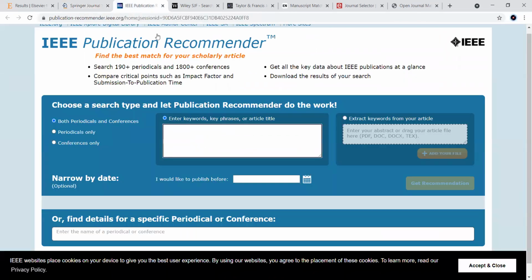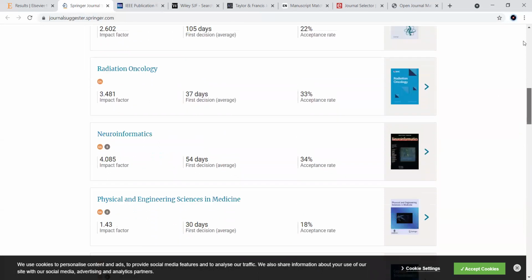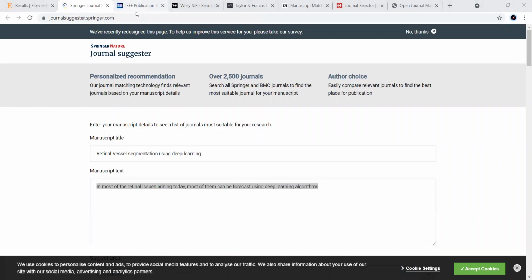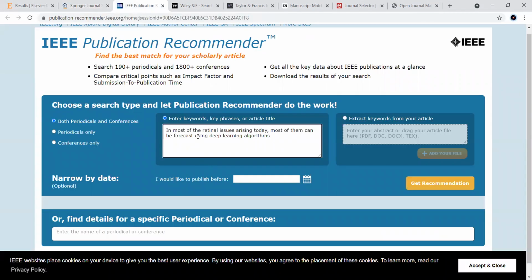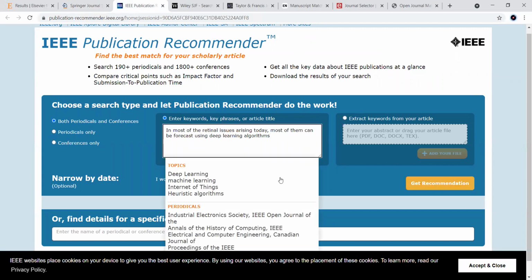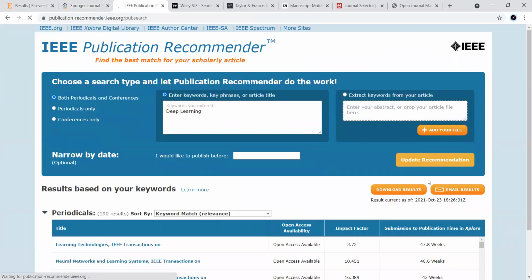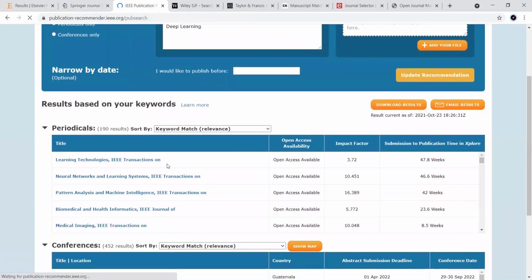Similarly, for IEEE publications, you can find the journals as well as the so-called periodicals. Let me take the same example here to make it easier. If I click get recommendations, you will get the recommendations here.